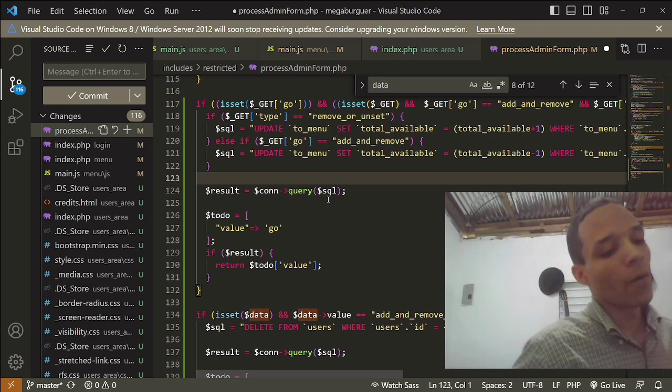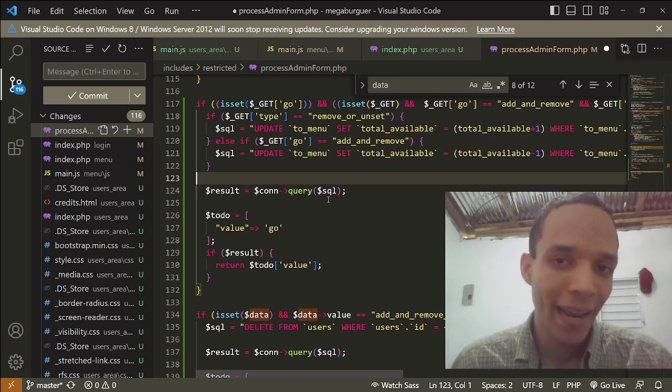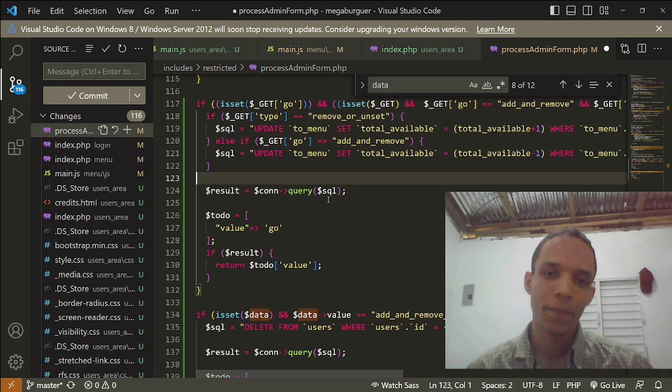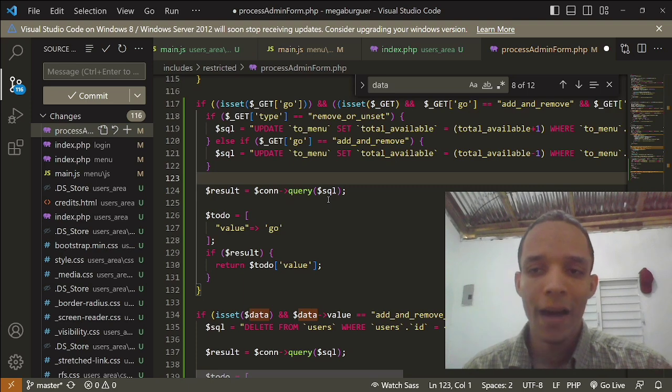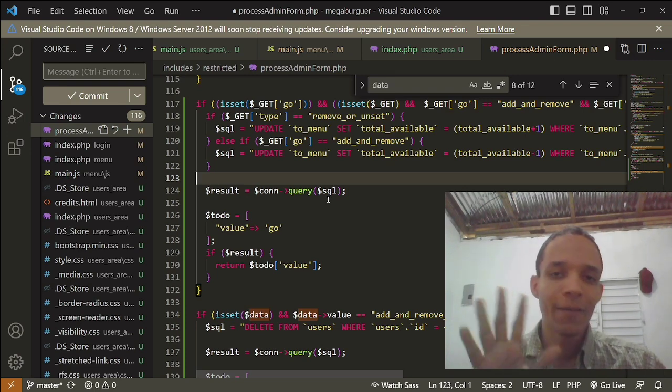Which ones? Well, that a hacker, for example, could go and put into the bar of the navigator remove or unset in a certain way, which is not actually very easy because